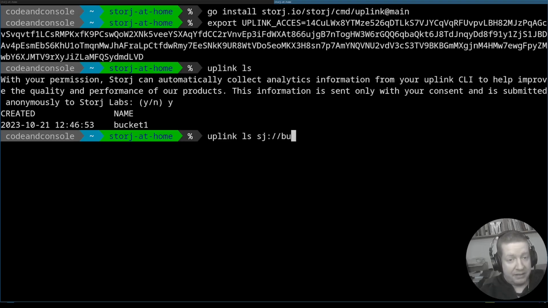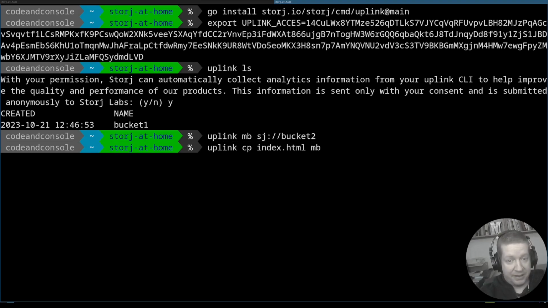And I have actually a bucket, but I can also create bucket 2, and I can upload, for example, the index.html to the bucket,